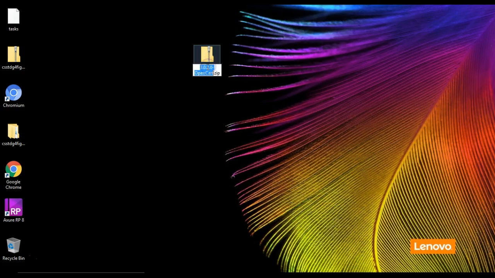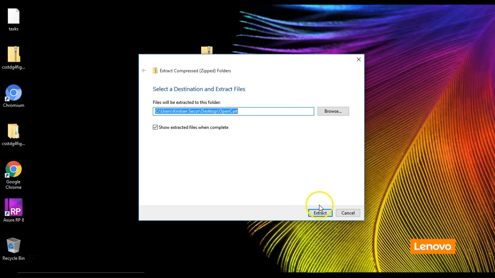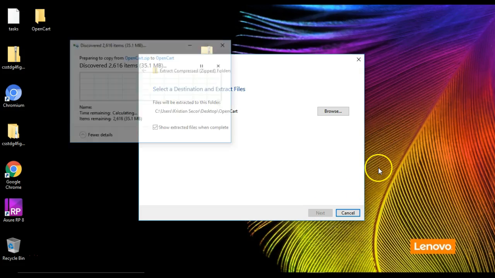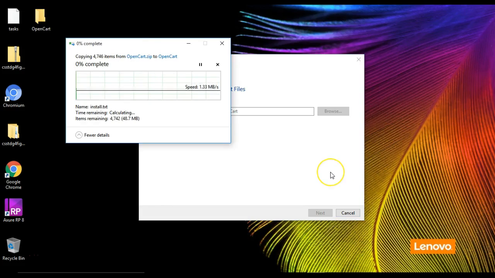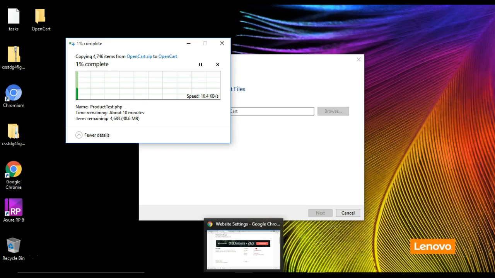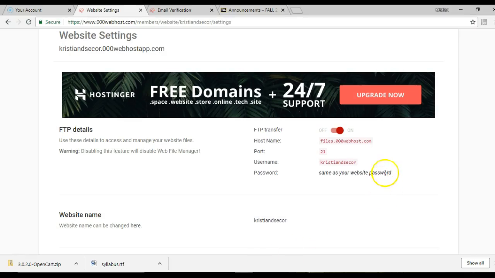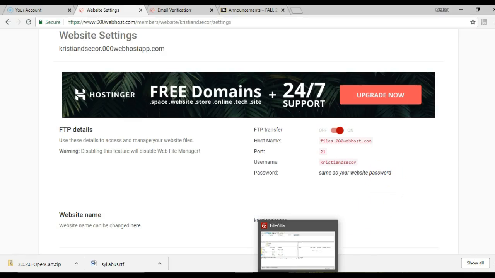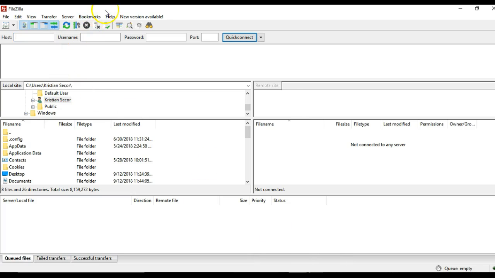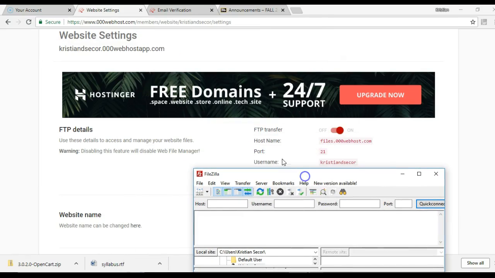It's sort of going to mirror what I did in class. I'm going to delete the prefix here and then extract all to my desktop. I'm doing that because there is no decompression tool on this free hosting service. And by decompression tool, I mean an unzipper, something that will unzip a zipped file on the desktop. This is an issue because OpenCart has so many files in it, it takes a long time to FTP. So while we're waiting for that to unzip, the first thing I'm going to do is create